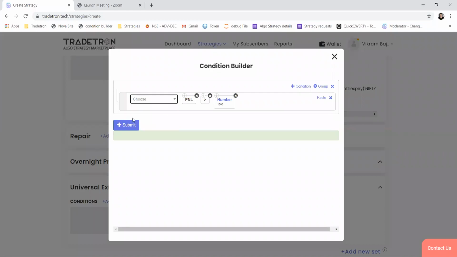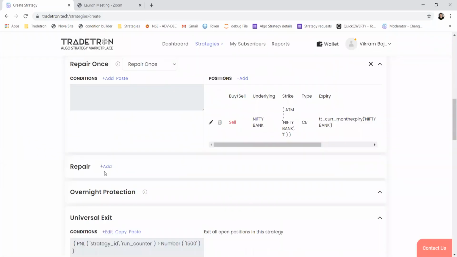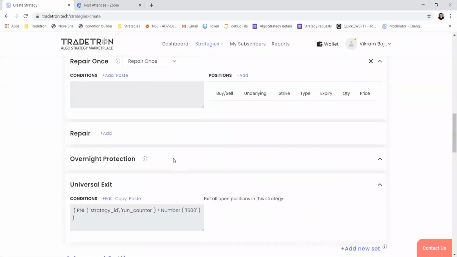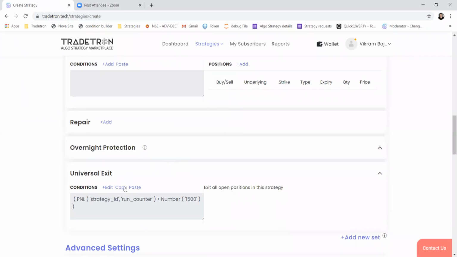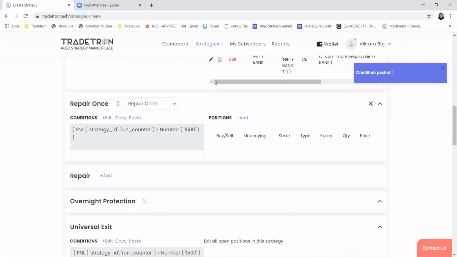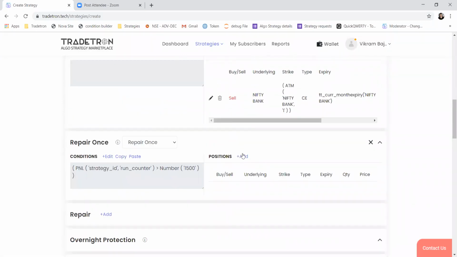So if you want an order in execution, like which leg should be executed first for the exit conditions as well, then you need to use one more repair once condition to first square off this particular leg. But let's create the condition first, and then we can discuss what the problem can be if we go with this method.